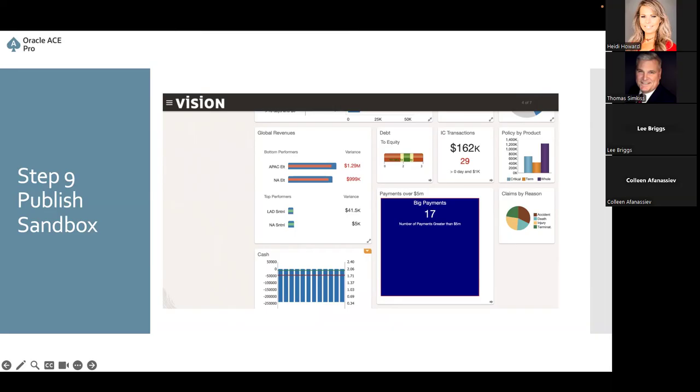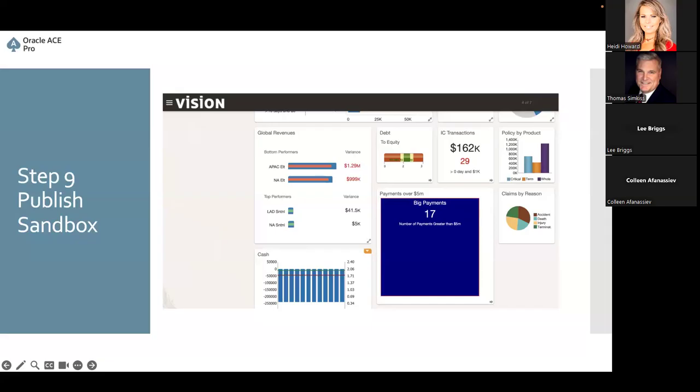The steps that Lee went through to do this infotile are very similar to what you would do if you wanted to create your own custom dashboard on your homepage. So just as you can have these infotiles, you can have a dashboard be your landing page. And I bring that up because, as we talked about these infotiles, they are really very simple snapshots. And that is what they're intended to do. You really can't consume or